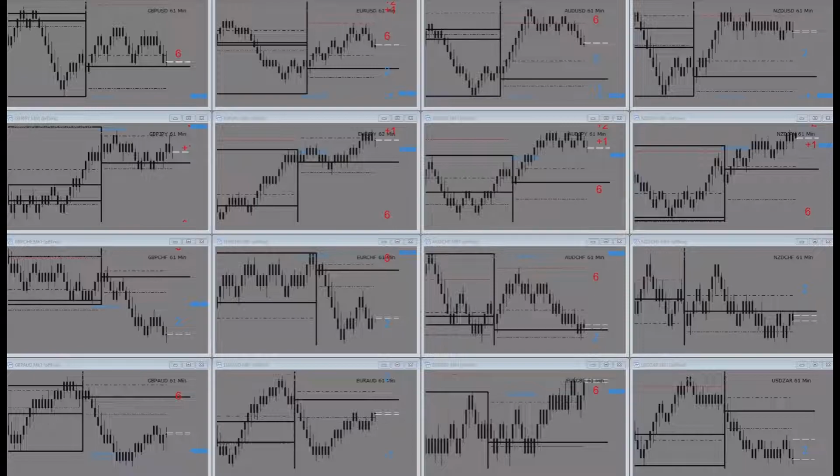But yeah, so we're looking at our CHFs. It's kind of sloppy because the other CHFs, they're not like Euro CHF. They're starting at last week's high. AUD CHF, they're starting in the middle of the box, and in the middle of the box, you don't want to get trapped in the middle of the box. But I like to see when price does start at the middle of the box, because when price does come in the middle of the box and go to last week's high,